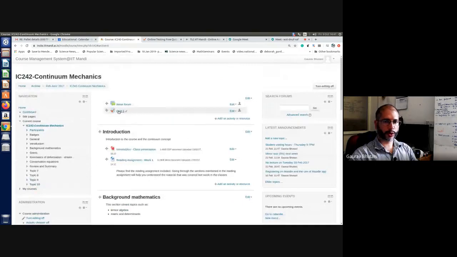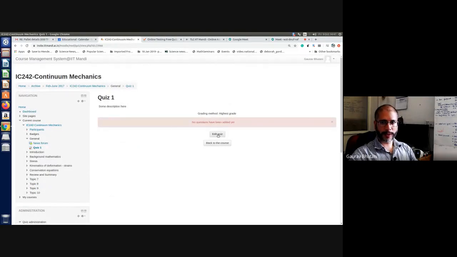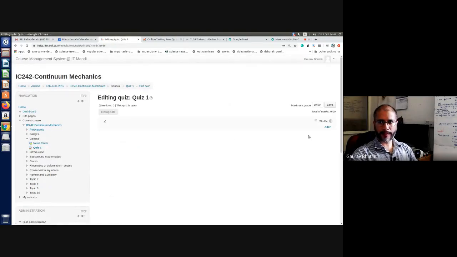The next task is to add the questions to this quiz. It's an empty quiz for now. So I click it, I say edit quiz, and then I have an option to add questions. Now when I click this add, I get 3 different types. One is a new question, which means you can write a new question here. One is from a question bank, so we can select a question from the bank. And the third one, which is the one we want to choose, is called a random question.